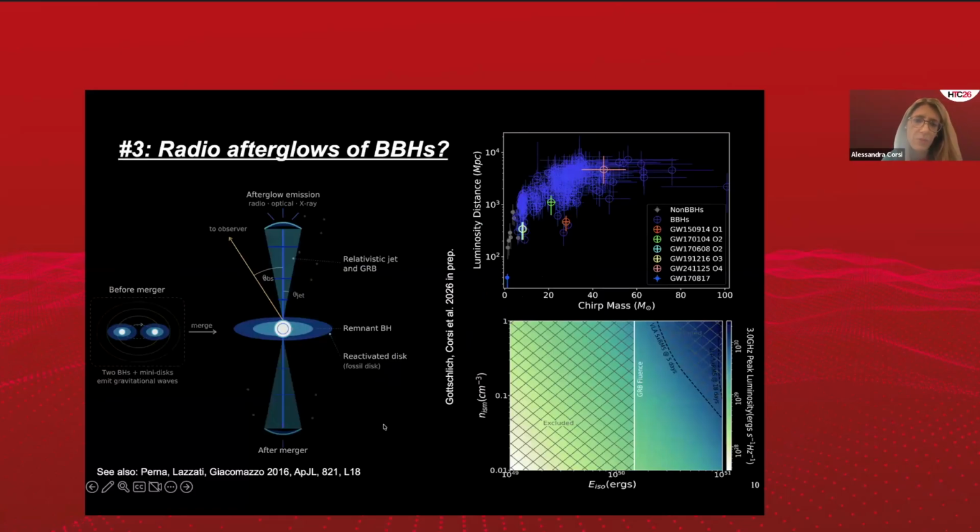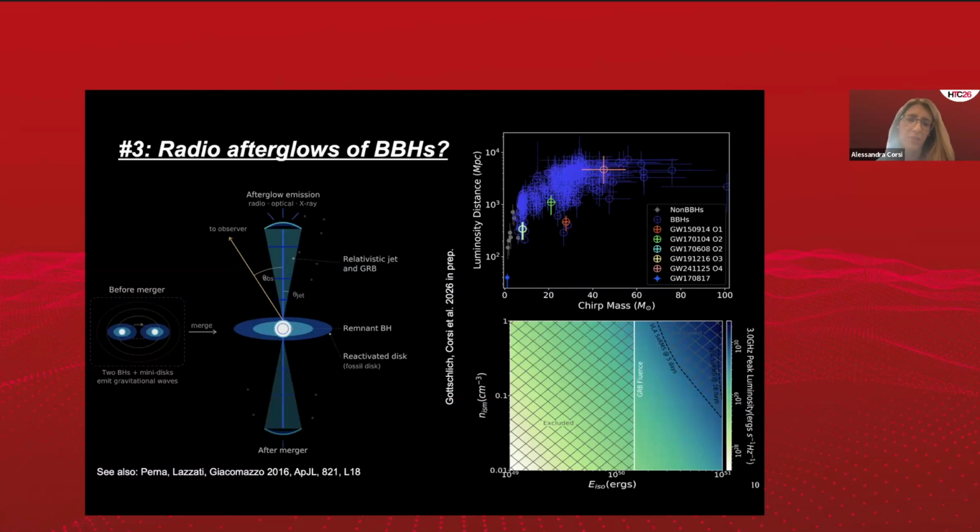The other type of source that was mentioned in the previous talk is potentially binary black holes. Here I'm mentioning a slightly different scenario where you might imagine stellar mass binary black holes having some fossil disks around them. In principle, you would expect them to be clean and not give off electromagnetic emission. But it has been proposed in several models that if there is a bit of disk material remaining, you could have accretion of that reactivated after the merger, and so potentially launch relativistic jets.